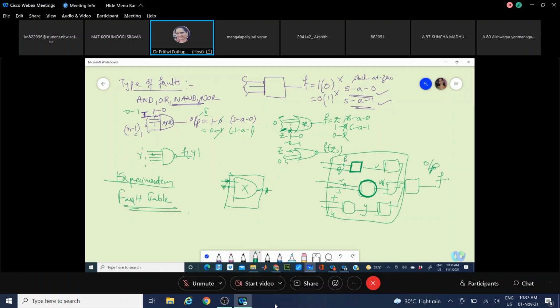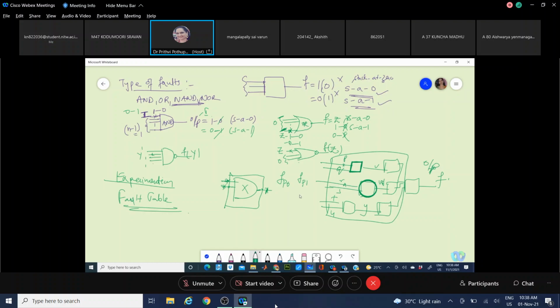Due to this line P, there can be a fault. The first subscript says what the line is. The second subscript says what the type of fault is. If it is stuck at 0, it will be recorded as f of p of 0. Okay, on the same line, it can be of fault type stuck at 1.